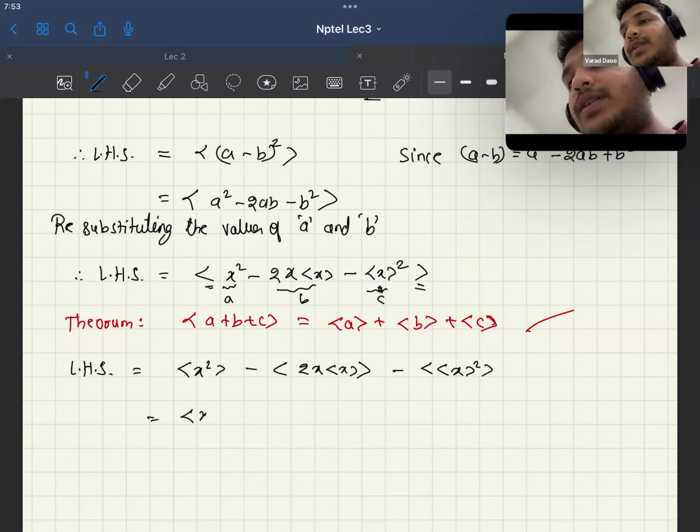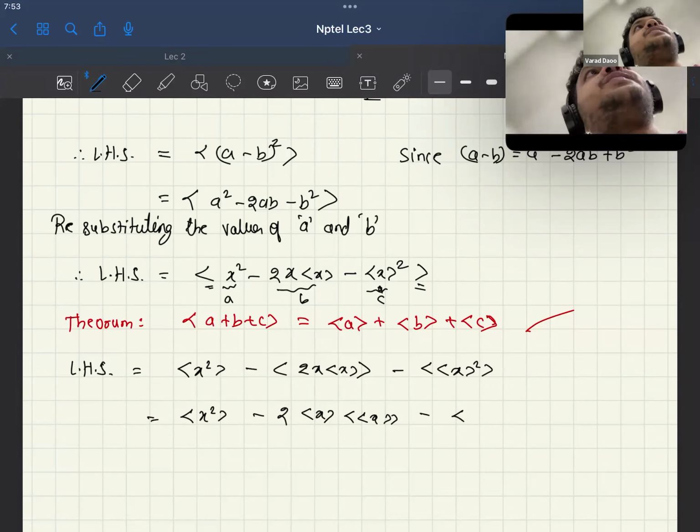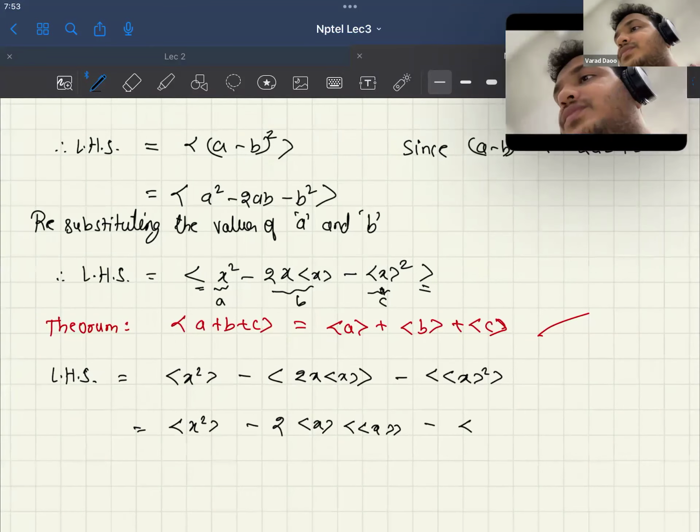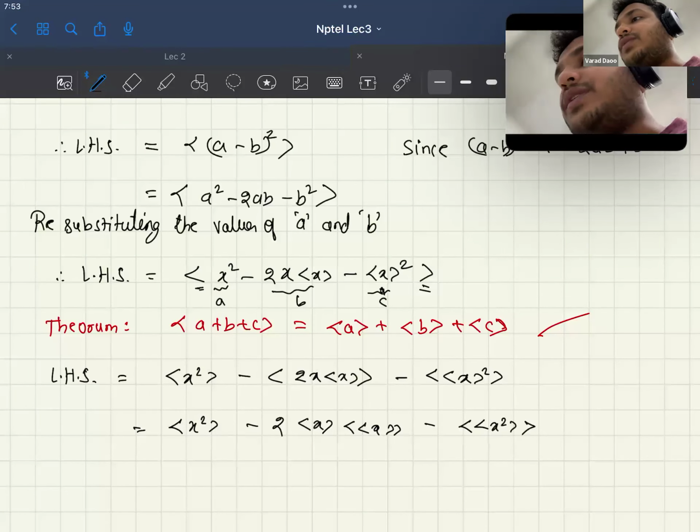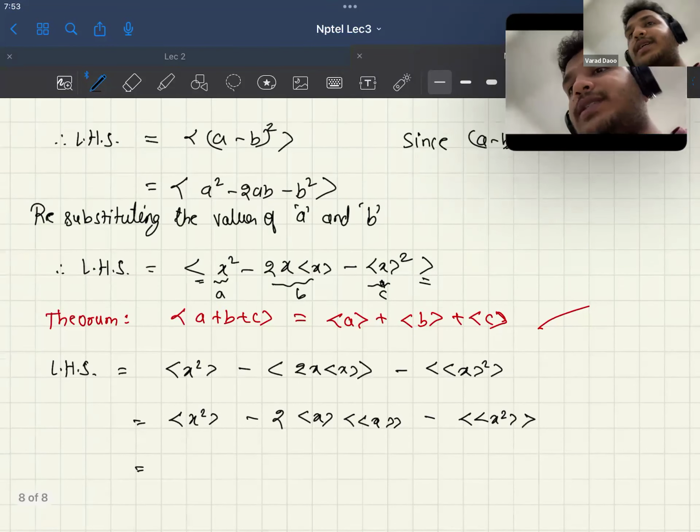Again, then we apply this: average of x square minus 2 average of x, and then average of x minus average of x square, right? And there is again another theorem,